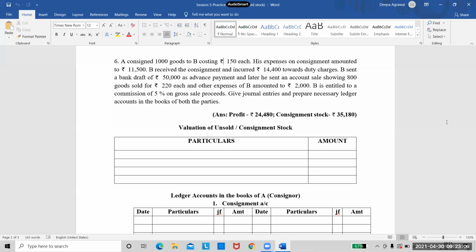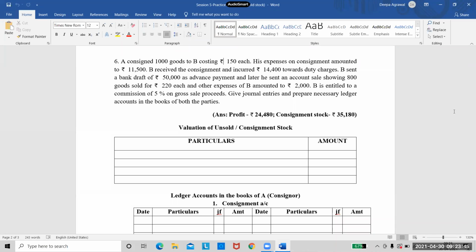So that is very, very simple, and this is the only addition in the problems now. Every time we'll have to prepare a pro forma, calculate the value of consignment stock, and then we will do the normal ledger accounts. And in all our ledgers, the only change is in the consignment account, where you will get an entry on the credit side as by consignment stock account. That's it. Other than that, there is no change anywhere. None of the other accounts are changing. In the journal entries also, you will have one additional entry for consignment stock. That is the only change in the problems now.